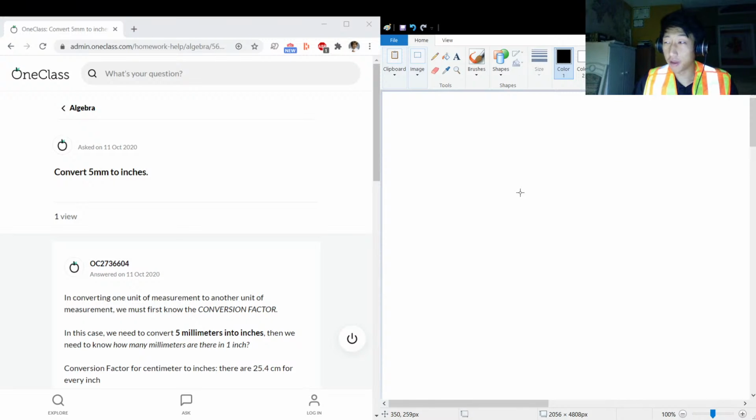Okay, the next question we got on the menu today. Convert 5 millimeters to inches. 5 millimeters is half a centimeter. Yeah, okay, so